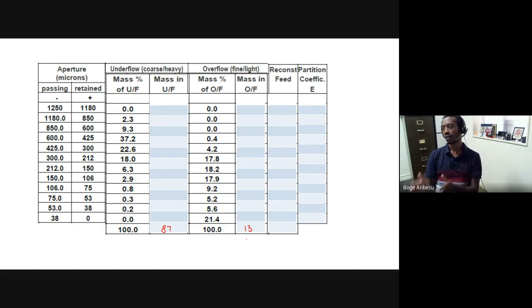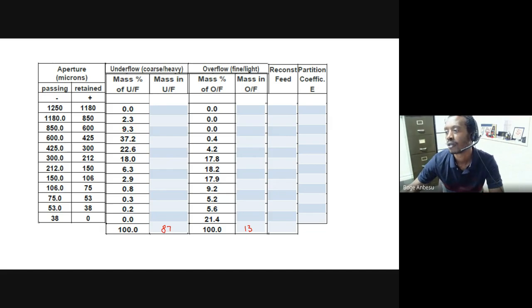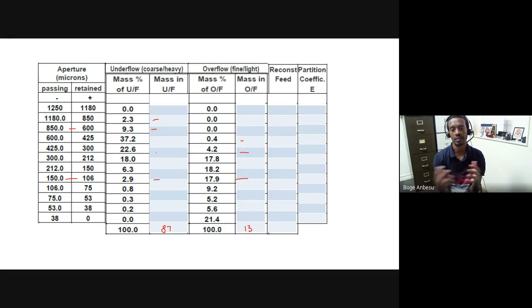ናቸው። ወደ አንደርፍሎ የሄደውና ወደ ኦቨርፍሎ የሄደው። ኦኬ ስለዚህ 2.3 by 87 እዚህ ጋር የሆነ ቫልዩ አገኙ። 9.3 by 87 እዚህ ጋር የሆነ ቫልዩ አገኙ። ለዚህም እንደዛው 0.4 by 13፣ 4.2 by 13 እያልን ቫልዩ ማግኘት እንችላለን። ያን ካረግን ምንድነው የምናገኘው? ማስ of this size fraction ለምሳሌ in the underflow ማስ እናገኝለታለን። ኦር እዚህ ጋር ብንመጣ ለምሳሌ mass of this size fraction in the underflow ቫልዩ እናገኝለታለን። mass of this size fraction in the overflow ቫልዩ እናገኝለታለን። ስለዚህ ያደርግን ያለነው ምንድነው? ለእያንዳንዱ ሳይዝ ፍራክሽን ምን ያህሉ ነው ወደ አንደርፍሎ የሄደው፣ ምን ያህሉ ነው ወደ ኦቨርፍሎ የሄደው የሚለውን ነው የምናገኝለት።